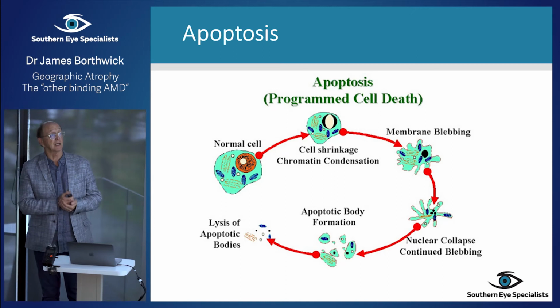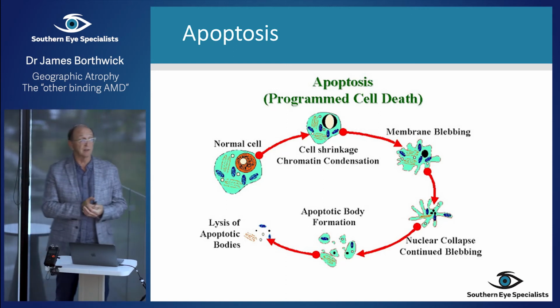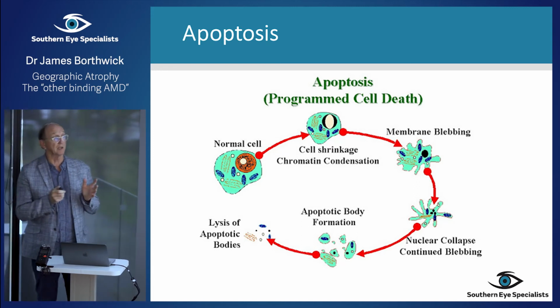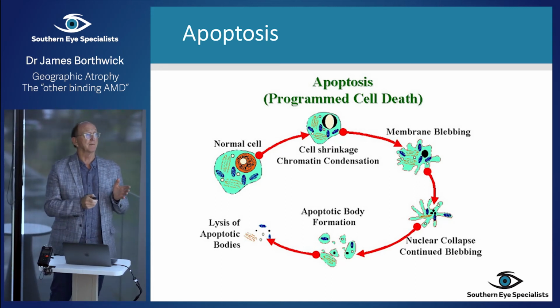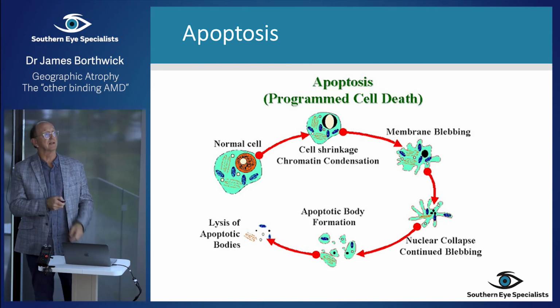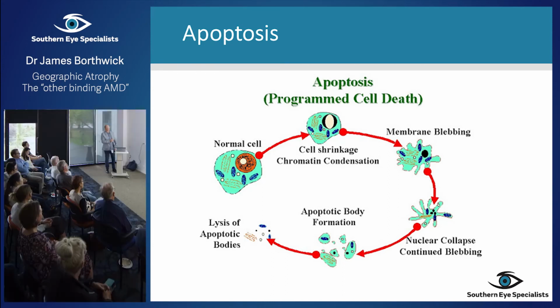The other study we're doing, which I think is really fascinating, is a drug that's stopping apoptosis. A lot of people say apoptosis, but we don't say... If you take away the apo, you say tosis. You don't say ptosis. So it should be, in my thinking, apoptosis. So anyway,